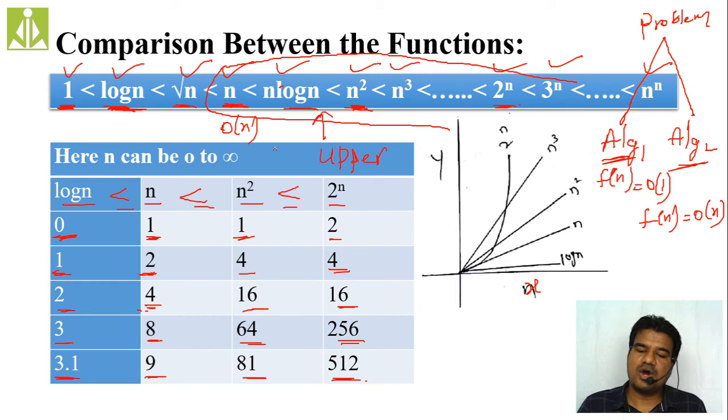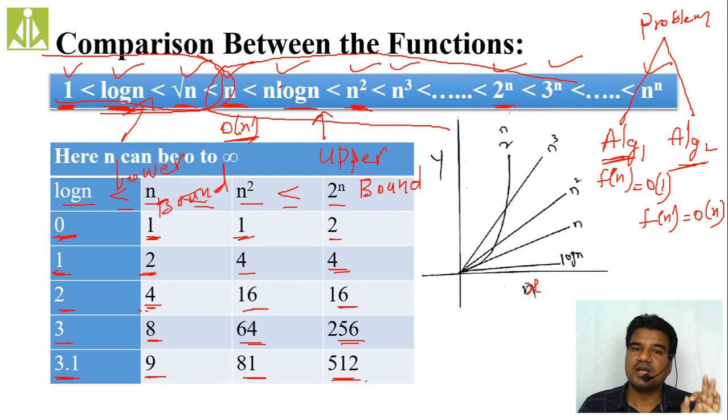Whenever I got order of n, not only that, but all the upper cases will satisfy my function. So this we are calling upper bound. If it is big omega, then I have to go for the lower bound, and the lower bound will satisfy all my possible lower cases. This is my lower bound. And the average case means whatever specific value we get, only that value will satisfy my function.